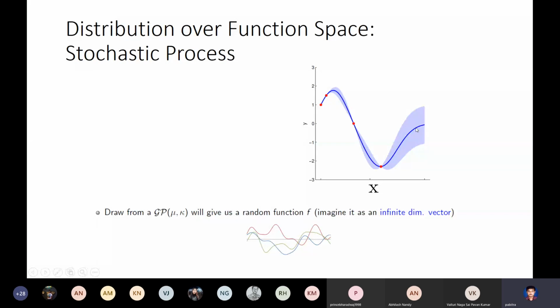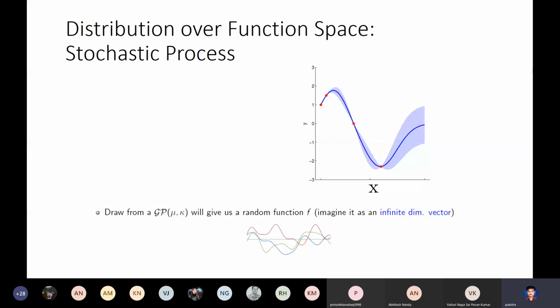This point can have this value, this value, this value over this range. This function can have this value, this point can have this value, and so on. So this three-dimensional vector can have all these combinations of values. All these random realizations of this random vector you can have. For any such sample you draw, any such points you pick up from this curve, and look at their realizations, they should follow a multivariate Gaussian.